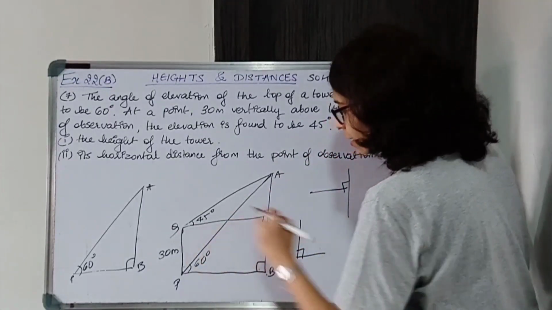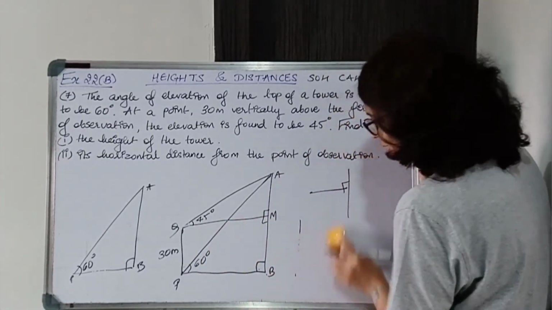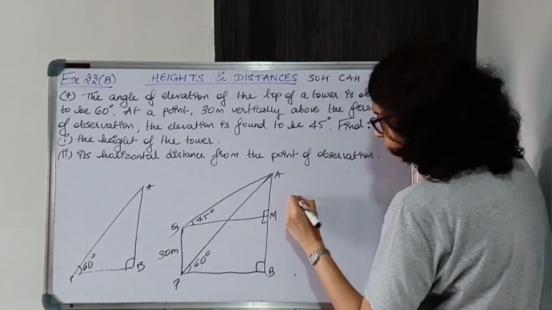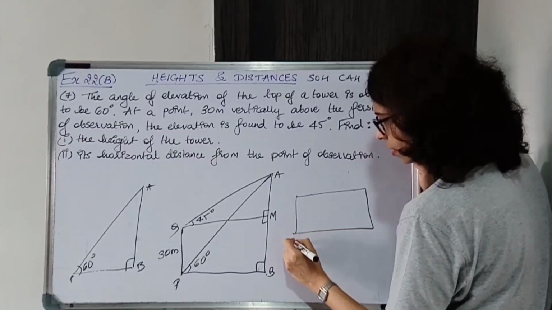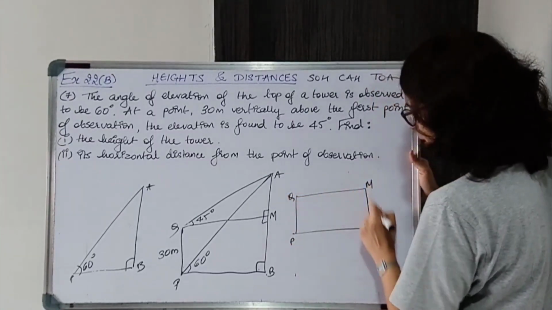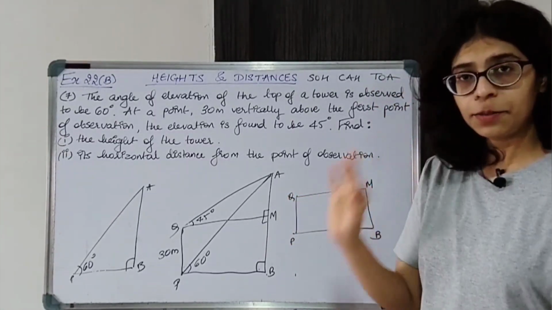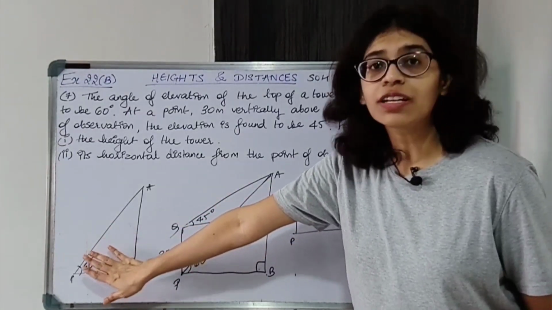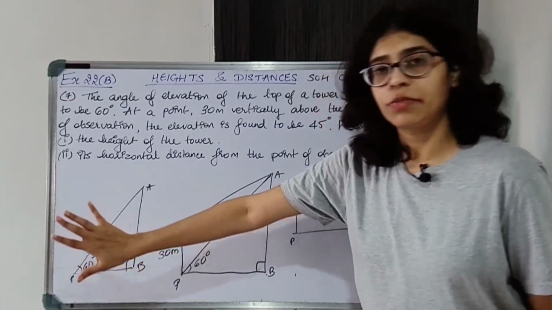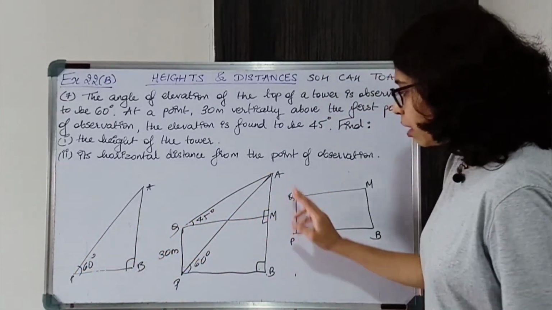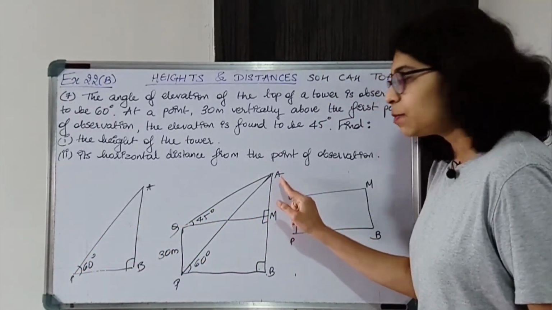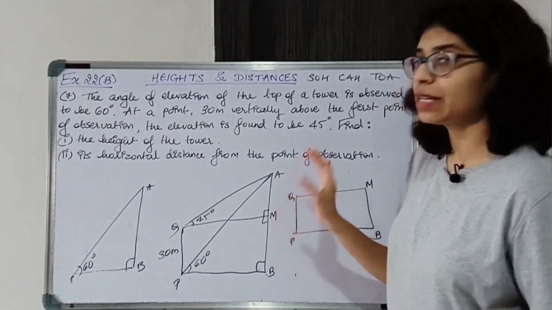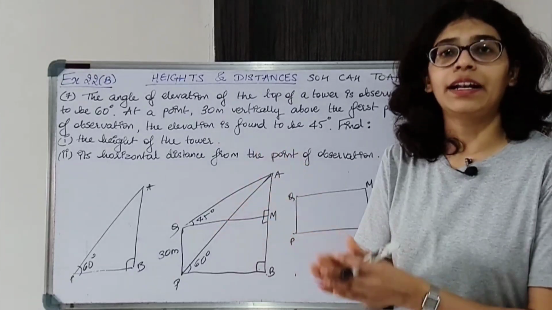So this is a rectangle. Since this is a rectangle, we can use properties of a rectangle. Okay, so PQMB. I'll repeat, we have to find the height of the tower. For the height of the tower there is not enough information here, so this triangle gives us nothing. What about AB? AB is split into two parts, AM and MB. So what if we find AM and MB separately and then add them?